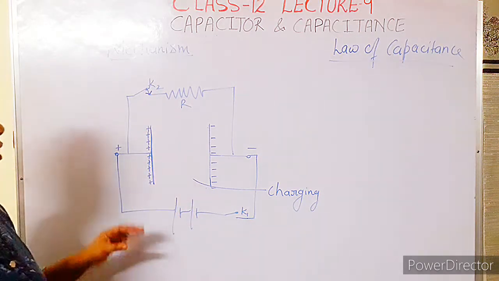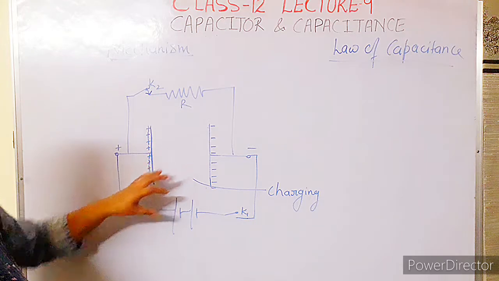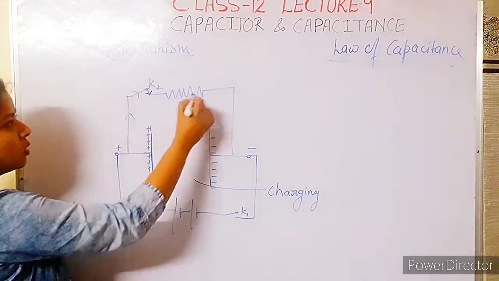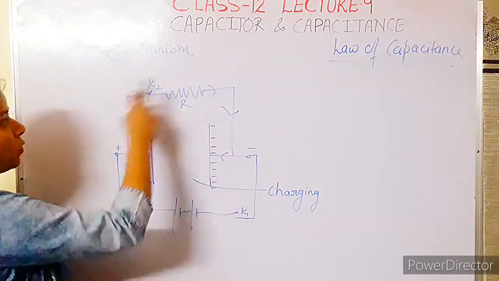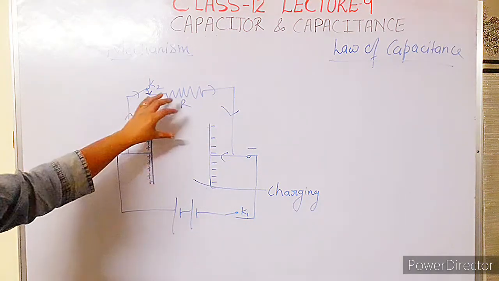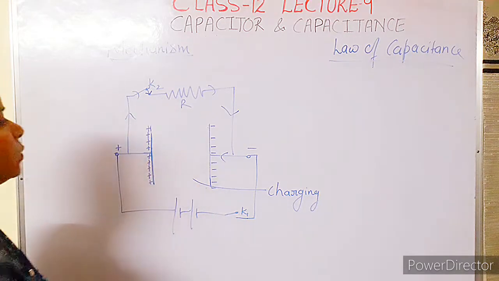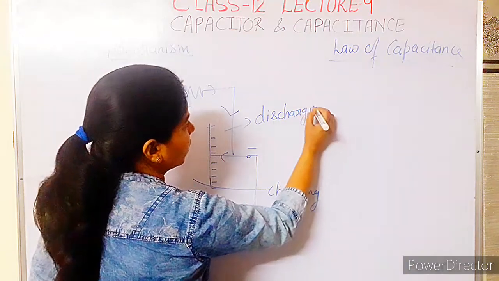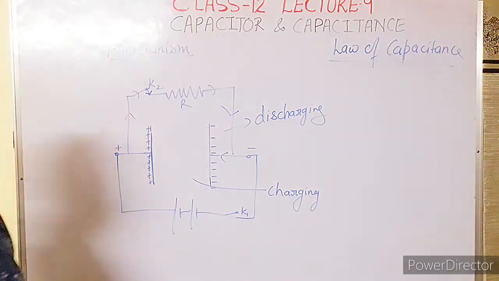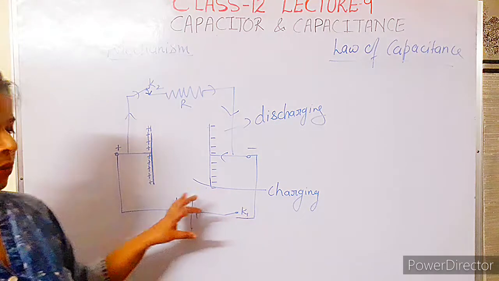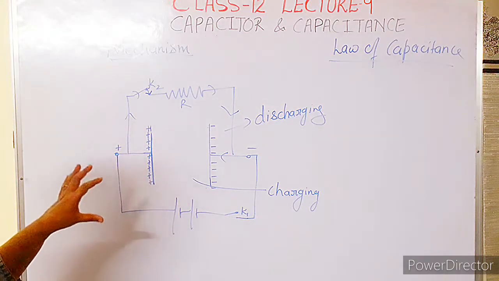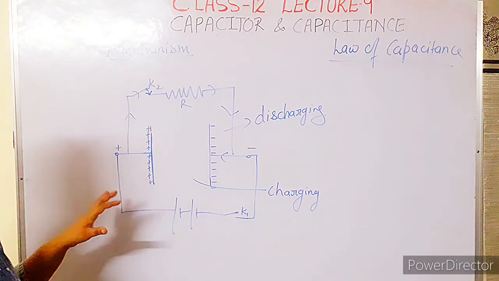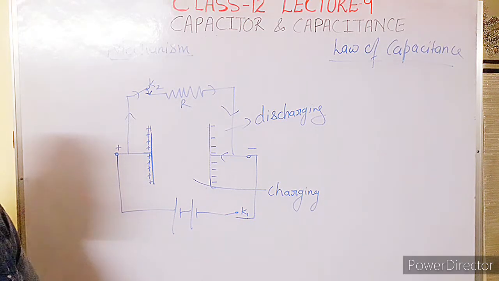Now what will happen? Because the capacitor is now fully loaded, it will provide the charge to the external circuit, because now the circuit is closed. It will provide the charge to the resistor in accordance with the resistor requirement, in accordance with the resistance value. And this method is known as discharging of capacitor. So charging and discharging, these two things are interrelated if we are talking about capacitor. That is the overall mechanism of the capacitor which we use.